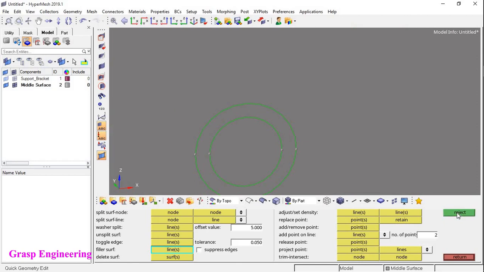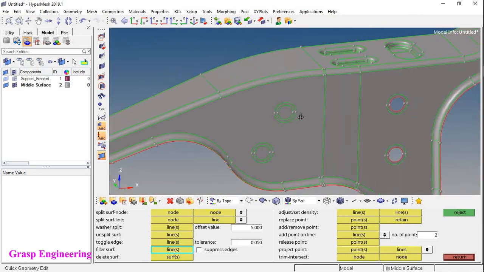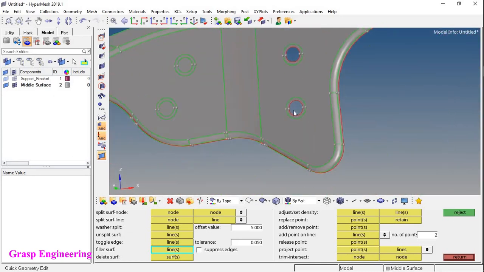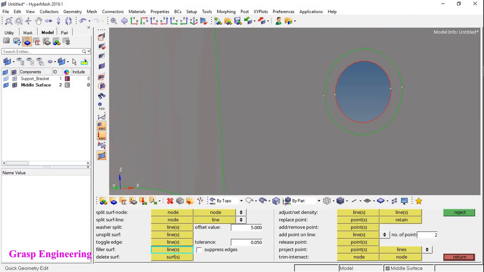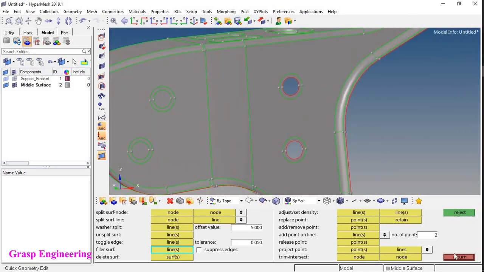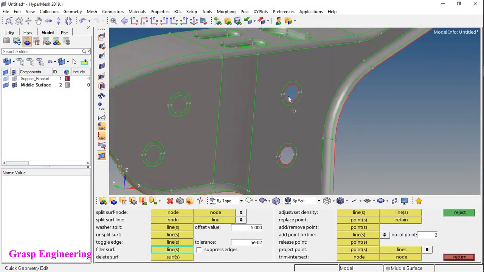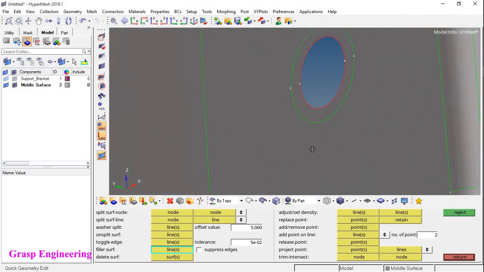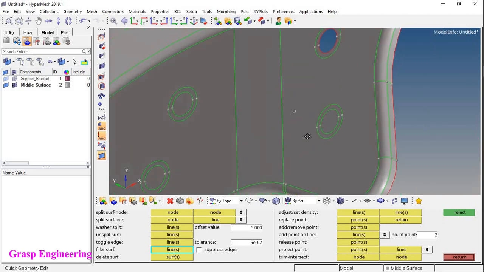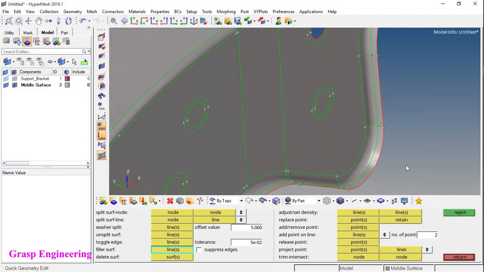Now if you click here and reject, it is automatically filling those respective surfaces. Furthermore, you can go here and fill this respective washer, click on that. For this, the reject option is not useful. Basically it should have worked. When you click on reject, it should remove that respective fill.